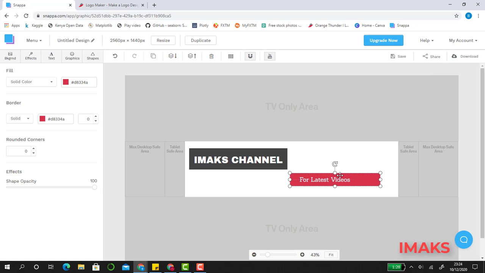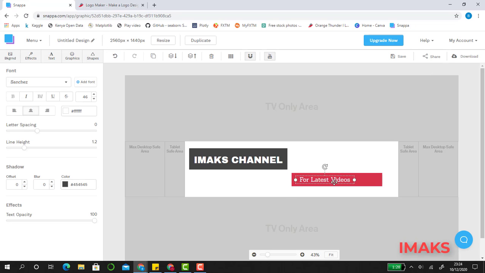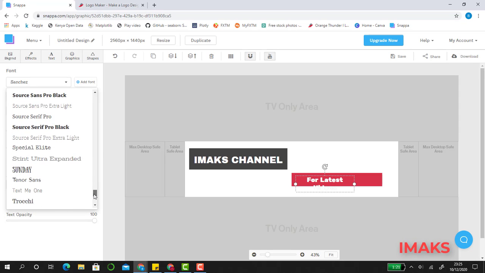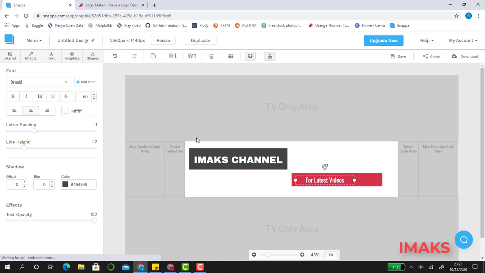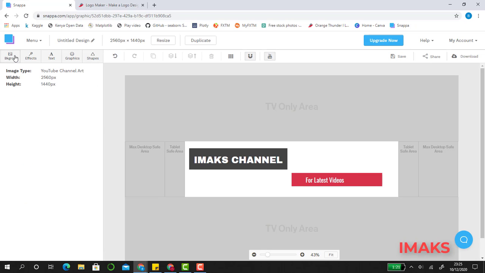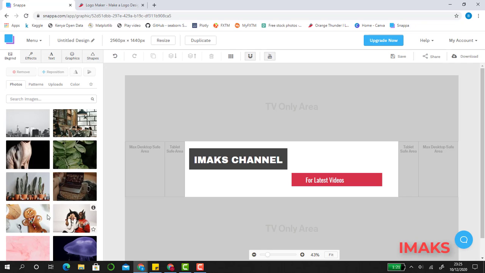You can even raise it properly. If you want to change the font size, you can do that using this particular option. You can make it bold, you can align it to the middle, it's already in the middle. You can adjust the letter spacing. You can change the font type. For example, this one you can give it Oswald, and then the main background,